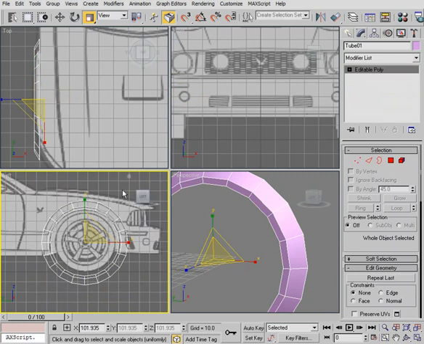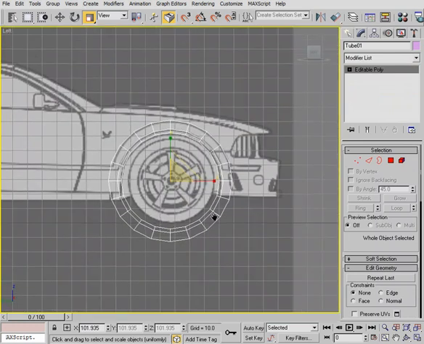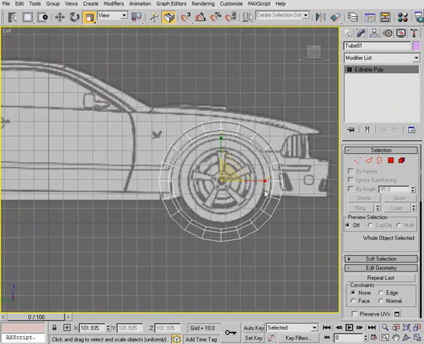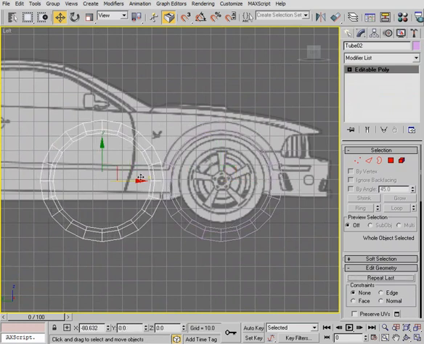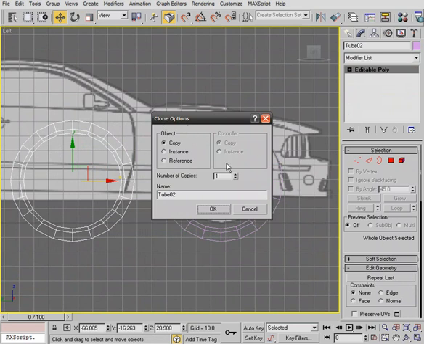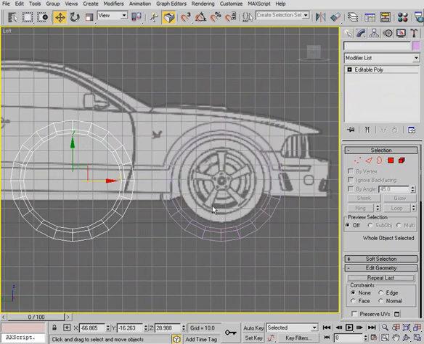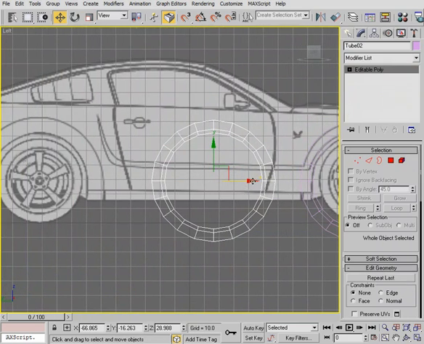Okay, so the next thing that we want to do is utilize this for the back end as well. So we've got the front side. To copy this, we can do the same thing. What we did was clone the edges, which created that extra loop there. So to clone the entire object, we'll just select that whole object, go to something like Move, and just hold down Shift, and as we move this over, it's going to bring up the clone options, and I want to make that a copy. You can also make it an instance or a reference. You can choose a number of copies,